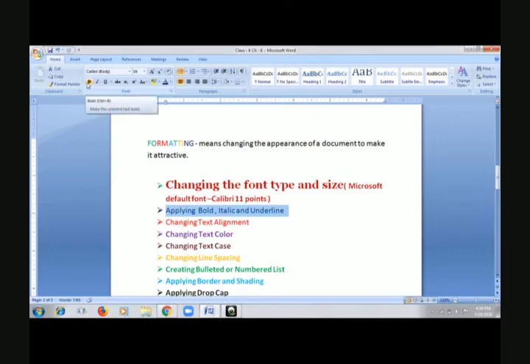Down to the font face there is a button with the name B and then I and then U. When I am keeping my cursor on B, a shortcut key is also coming, that is Ctrl plus B. If you want to press this, then the text will be highlighted from the rest of the document.